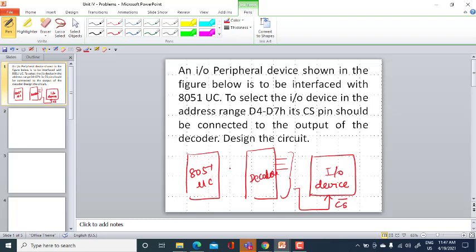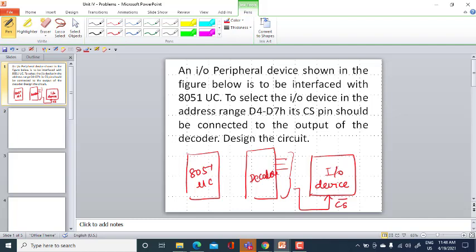Each device will have an address, and based on the address the 8051 will communicate with the particular peripheral. So keep in mind that each device will have an address.